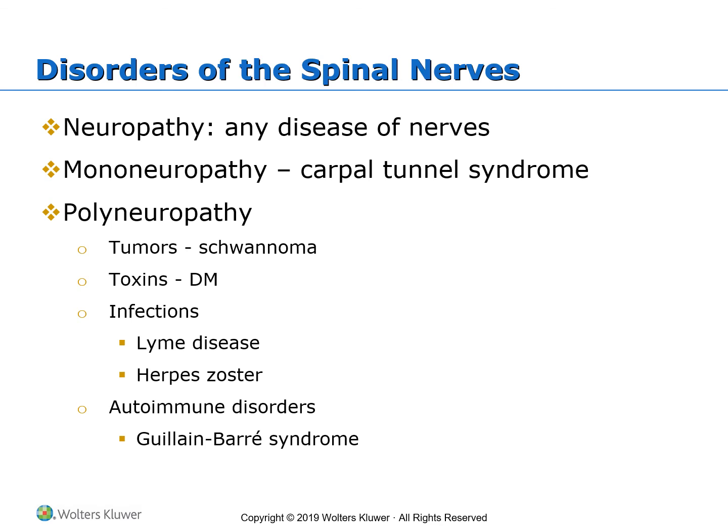Tumors can affect single nerves or can affect more than one. There are usually genetic mutations that will cause abnormal proliferation of Schwann cells, and they are called schwannomas, or of fibroblasts, and they are called neurofibromas in the nerve coverings. And as a result, they produce nerve compression and all the symptoms related to that.